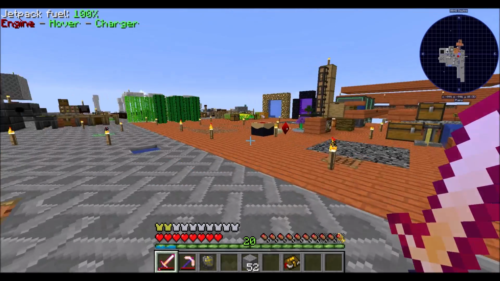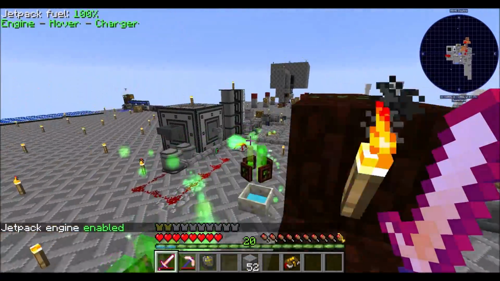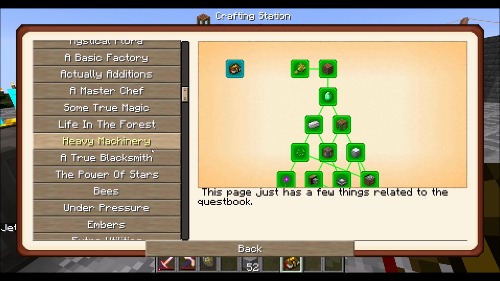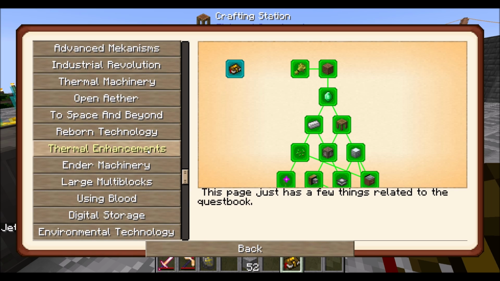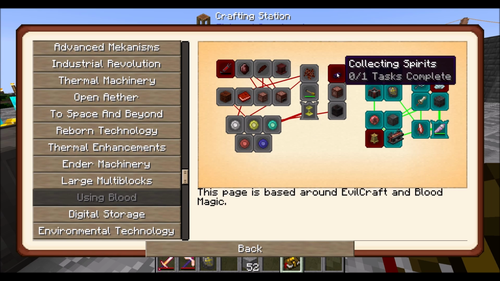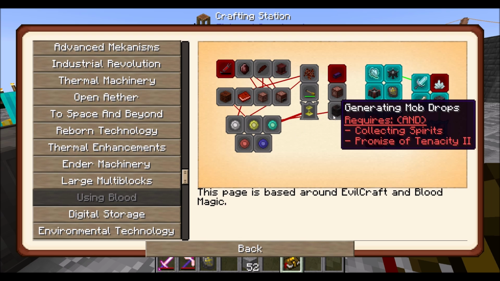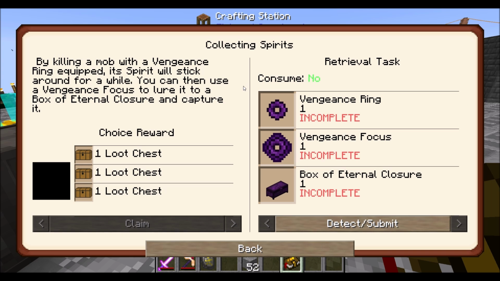Actually, I'm going to hold off on looking at Evilcraft because I just realized we have about 4 minutes left in this episode before it's wrapping up point. And I would hate to really get started in Evilcraft before that. But let's at least look at the book and see what Evilcraft is all about. Because I really don't know this mod that well. I played with it a teensy tiny bit. But that's about it. So it requires Promise of Tenacity 3, which comes from down here. So I don't know if this collecting spirits thing...